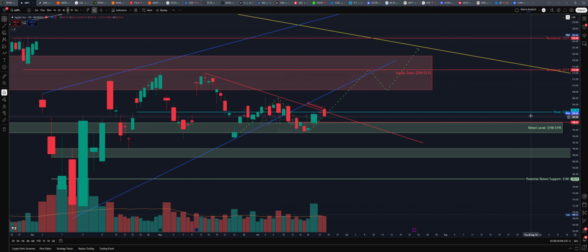We need to close above this 201 or 202 level to break above and continue on this path to 209, 215. The path has not been validated unless Apple breaks below 194. Then you'll have another trend where you're going to be moving more to the downside like this, and you're just going to continue down. And that's going to be the path for Apple. That has not been created yet.